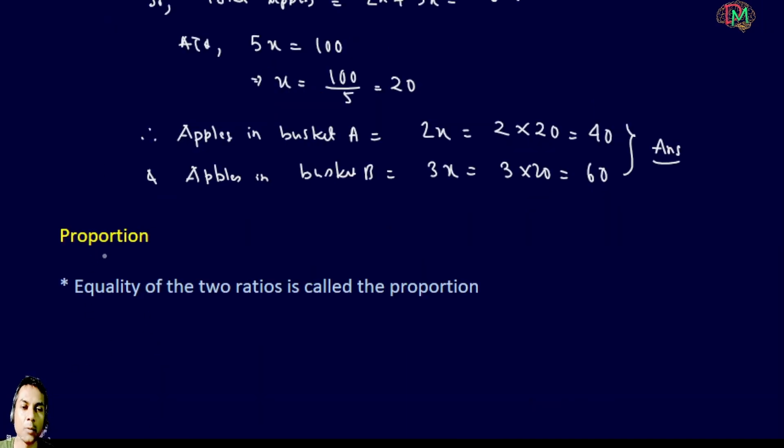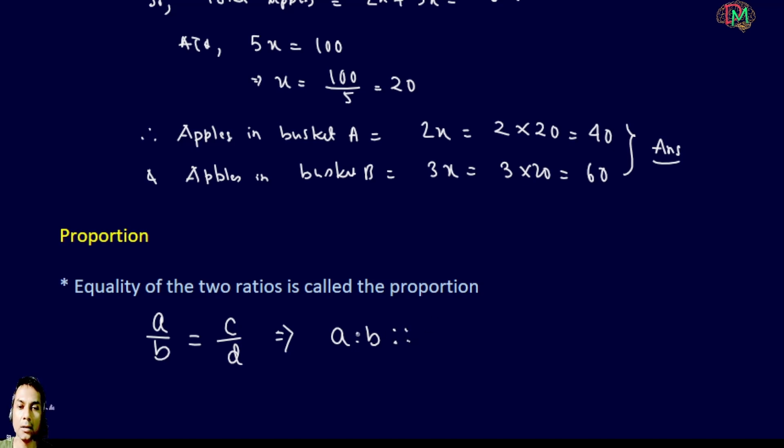Now we learn the proportion. What is proportion? Equality of two ratios is called the proportion. For example, two ratios are A is to B and C is to D, or A by B and C by D. When they are equal, then we can say these ratios are in proportion. Also it can be represented as A is to B, the proportion symbol,